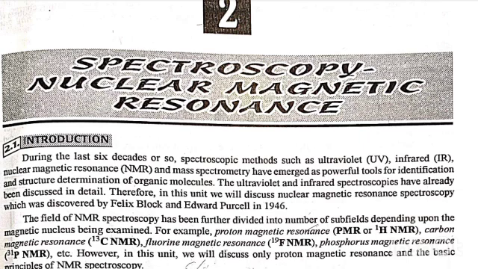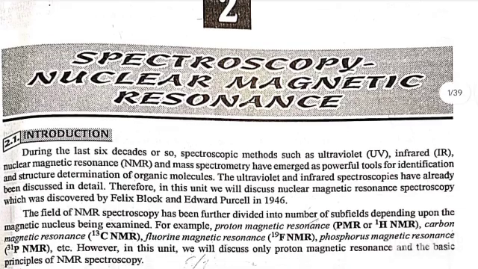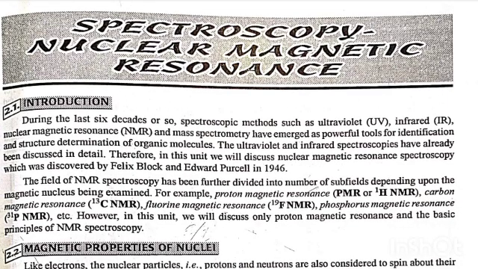Introduction. During the last 6 decades or so, spectroscopy methods such as ultraviolet, infrared, nuclear magnetic resonance, and mass spectrometry have emerged as powerful tools for identification and structure determination of organic molecules. The ultraviolet and infrared spectroscopies have already been discussed in detail. Therefore, in this unit, we will discuss nuclear magnetic resonance spectroscopy, which was discovered by Felix Bloch and Edward Purcell